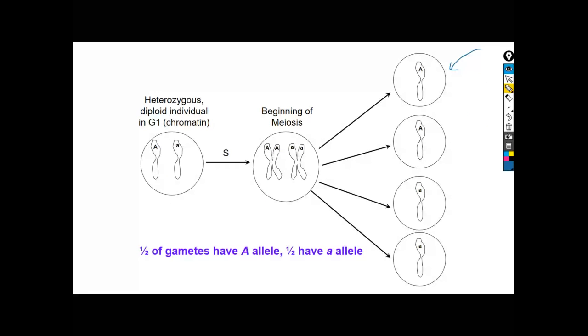Right? And each daughter cell had 1 allele in each, right? AKA 1 sister chromatid in each. And that's the way we always drew it, is it got